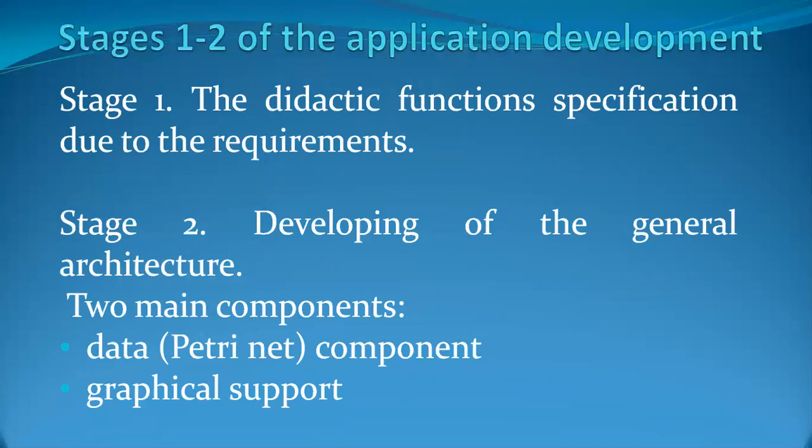It defined the core structure of the application, links between the components which were determined by the basics of application functions. In particular, the general architecture is represented by two main components: a data component, which allows to store a Petri net and to manipulate it, and a graphical support component, which allows to demonstrate the modeled process using graphical